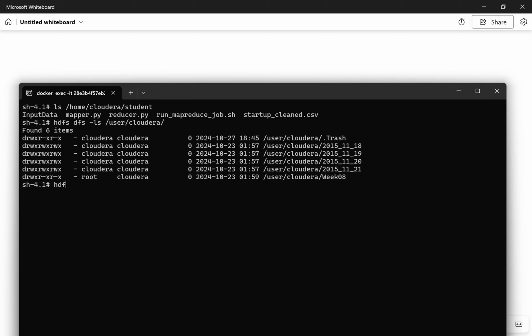So you can do hdfs dfs -copyFromLocal, because the local is currently the Docker. Local is the Docker storage. So copy from local, we're copying mapper.py, reducer.py, run map reduce job.sh, and where do we want to store it? We want to store it in /user/cloudera,